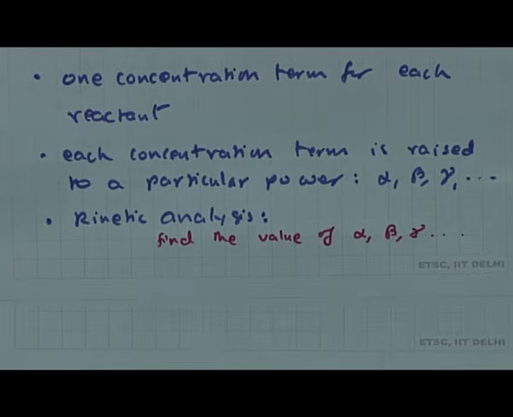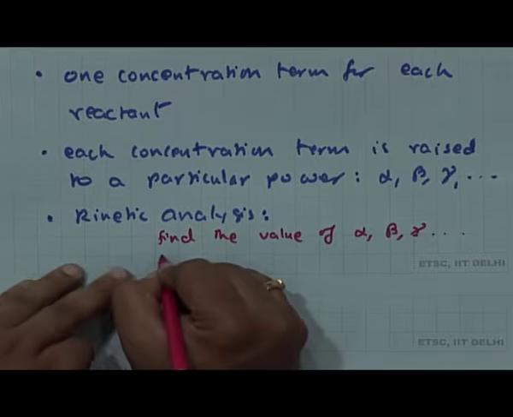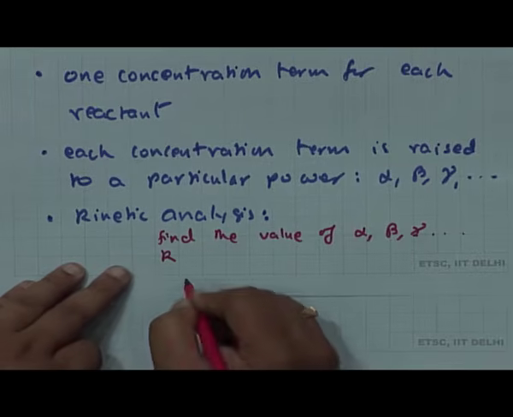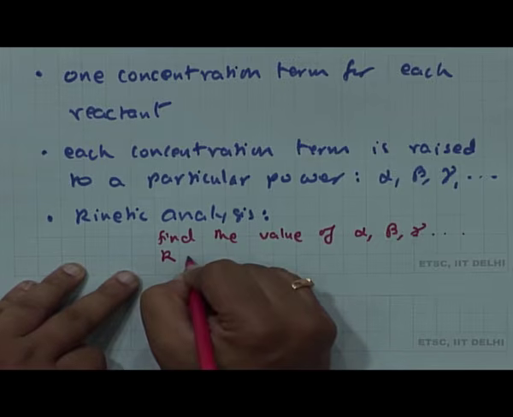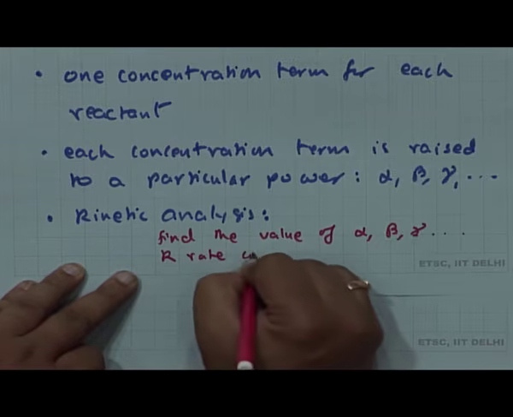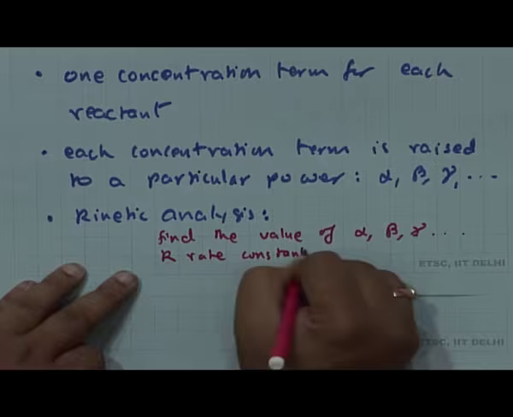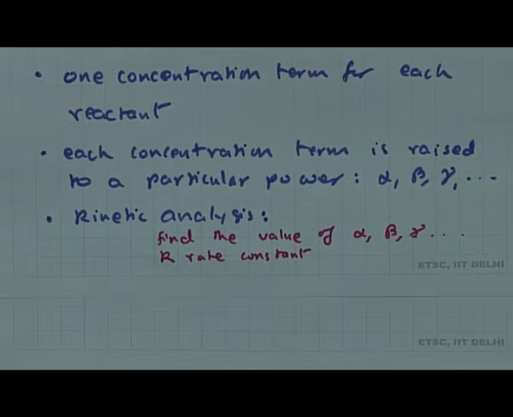By doing this analysis, I am trying to find out what these respective exponents are, alpha, beta, gamma, and also I am finding the value of k, which is the rate constant,